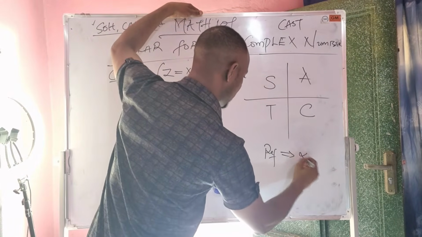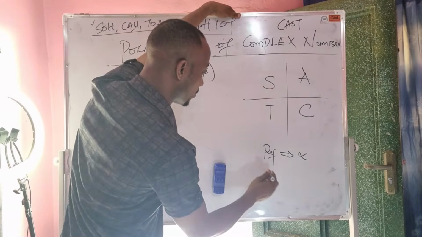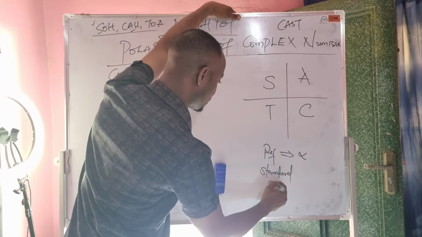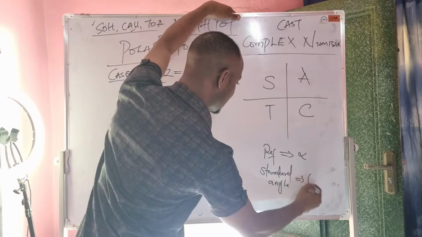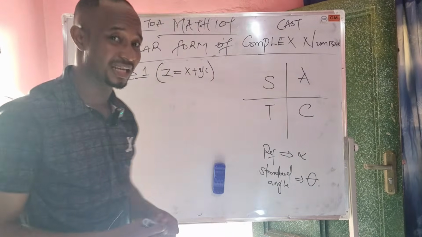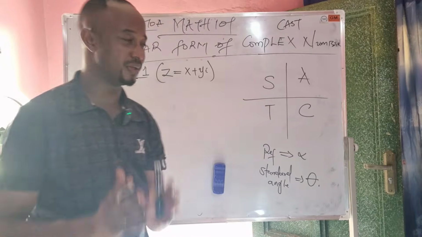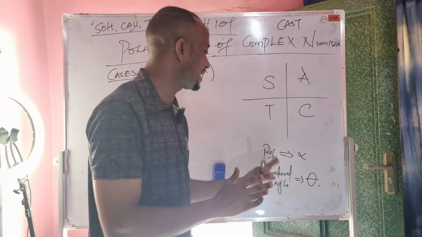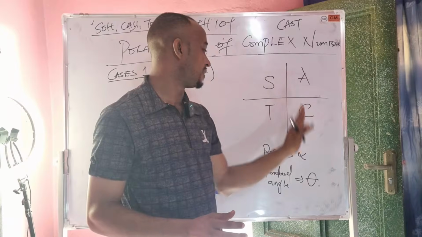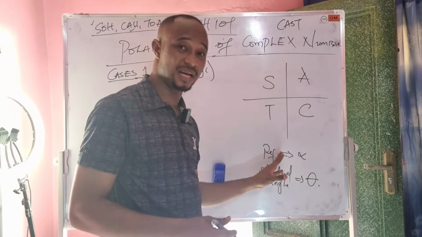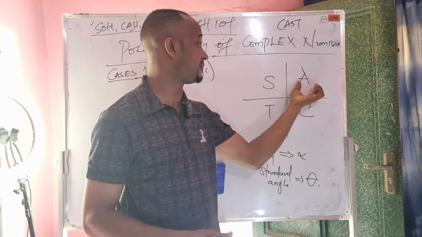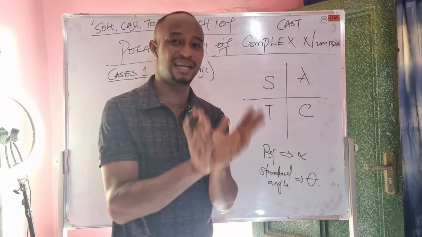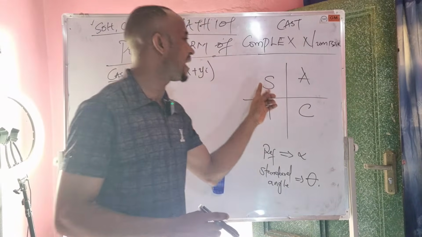We use alpha to represent the reference angle. Then we have what we call the standard angle, and we use theta to represent the standard angle. Just follow me step by step. Just know that in the first quadrant, all is positive. The standard angle is equal to what? The reference angle, meaning alpha equals what? Theta in the first quadrant. I will draw them. Then in the second quadrant that says only sine is positive, that implies that